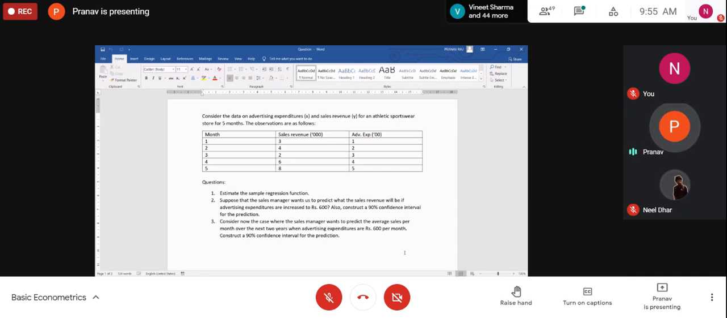The second question is prediction using the linear regression model. That is, once you obtain the sample regression function, what you actually do with it. We use this sample regression function to predict future values, at least those in fairly close range to the actual observations that we have in hand. So the question says that suppose the sales manager